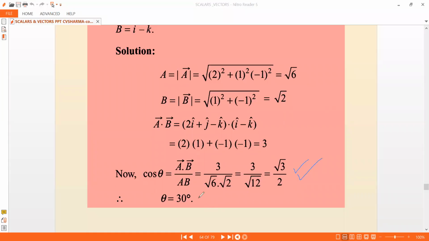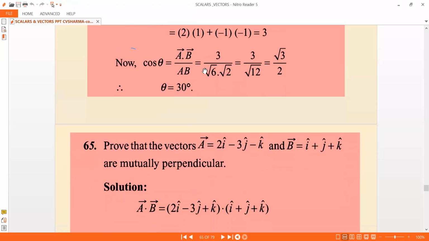And now the angle: because you got cos theta as √3/2, for theta equal to 30 degrees you get cos theta is √3/2. So the angle between the vectors is theta equal to 30 degrees. Or in radian measure, you can write it as 5/6 radians. So that is how you conclude, how you find the angle between the vectors using the dot product of vectors.